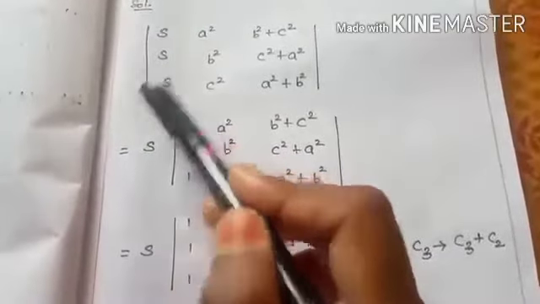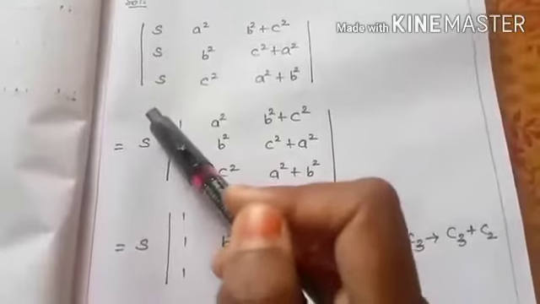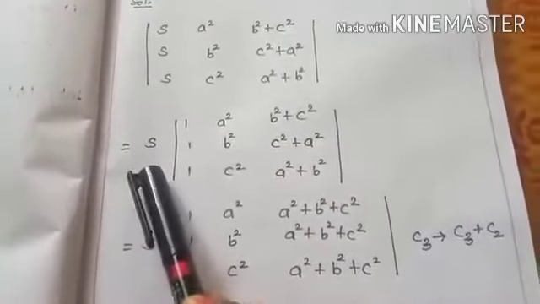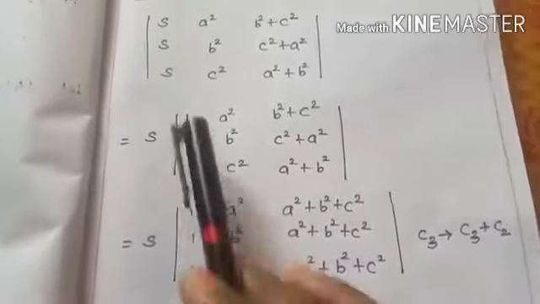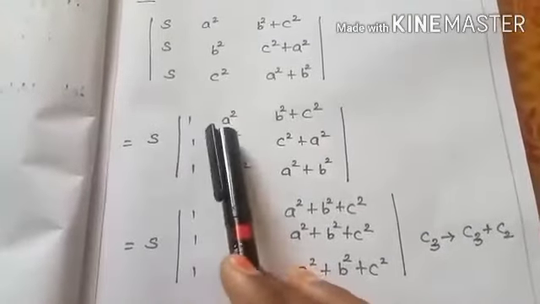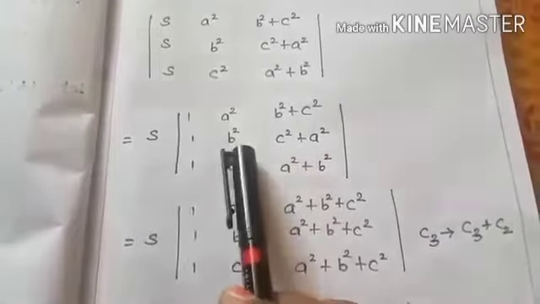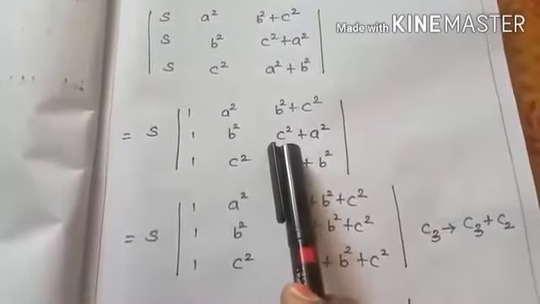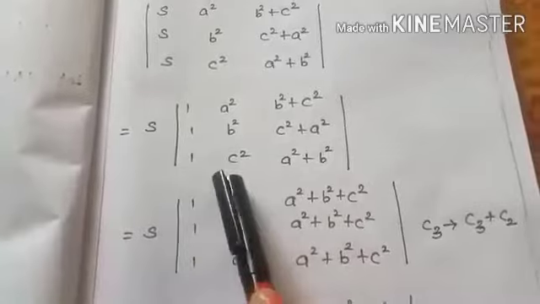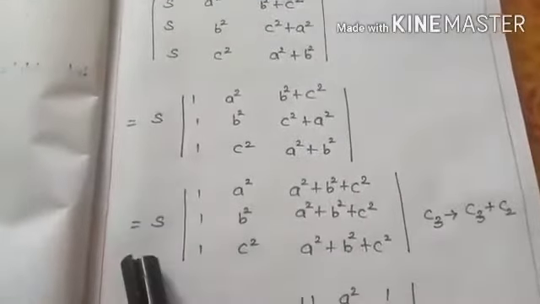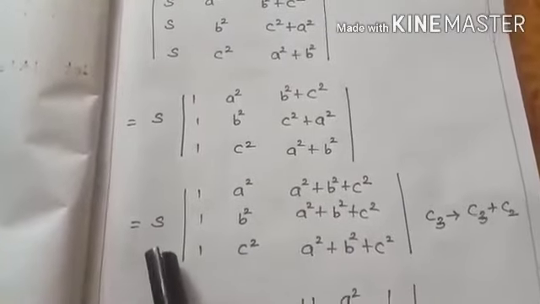So we can take s as the common element from the determinant. So the determinant is equal to s into the determinant of [1, a squared, b squared plus c squared; 1, b squared, c squared plus a squared; 1, c squared, a squared plus b squared], which is equal to s into